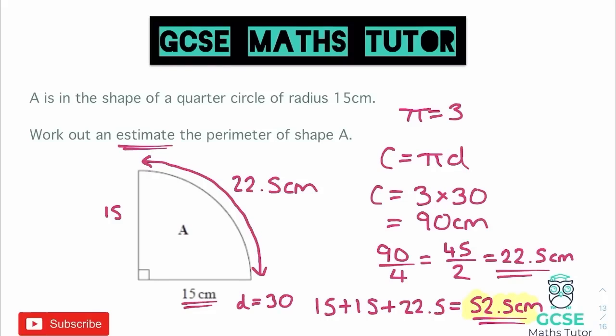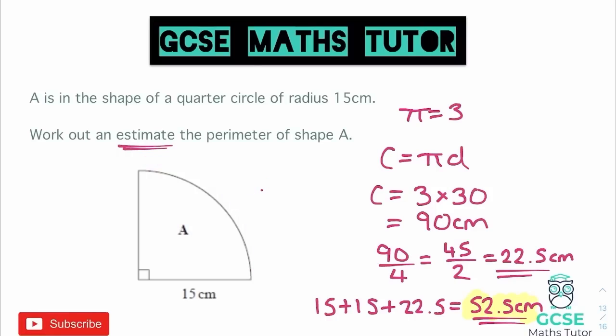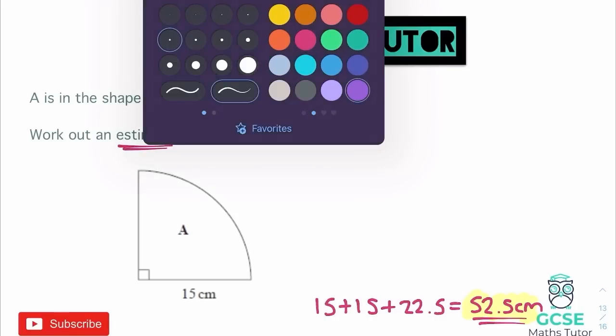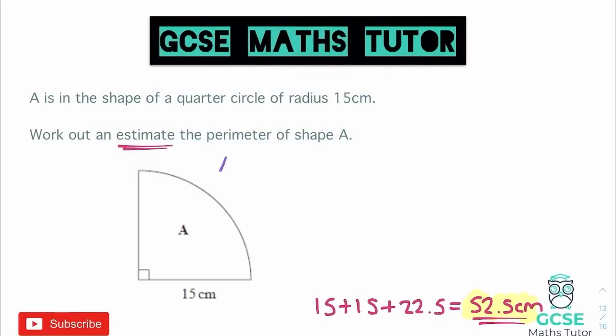So obviously when it comes to circle sectors or looking at circles in general on a non-calculator paper, there's two different types of questions that you could have. You could have one like this where we're doing an estimate, or you could be asked to write things in terms of pi. So if we just think about another type of question that you could have here, for example, if we were asked to work out the area in terms of pi, what would we do? I'll leave that last line of working out there that we did for this question, but if we were to work out the area in terms of pi,